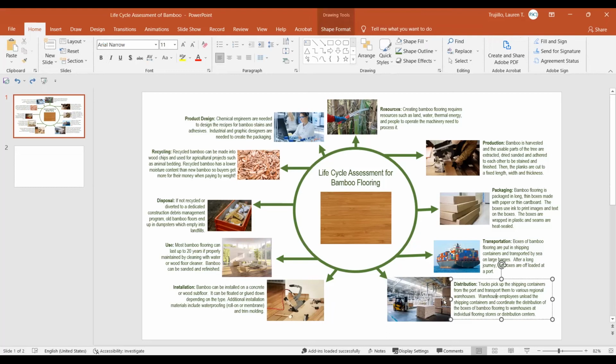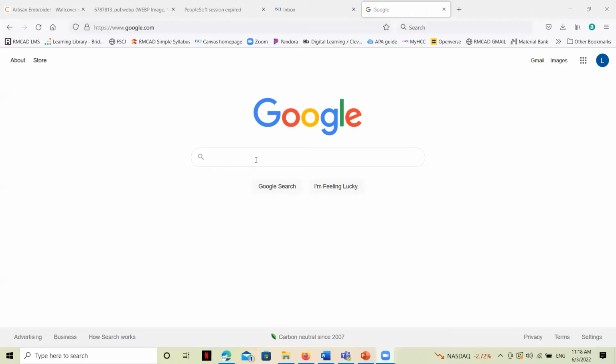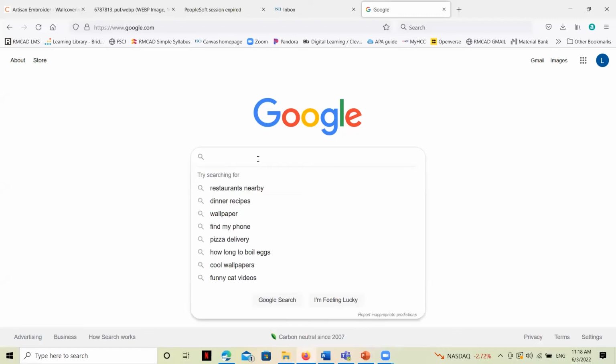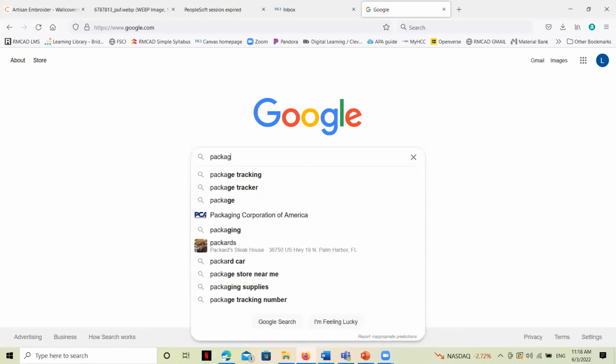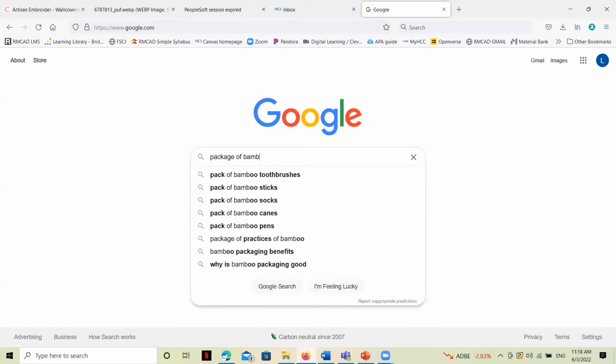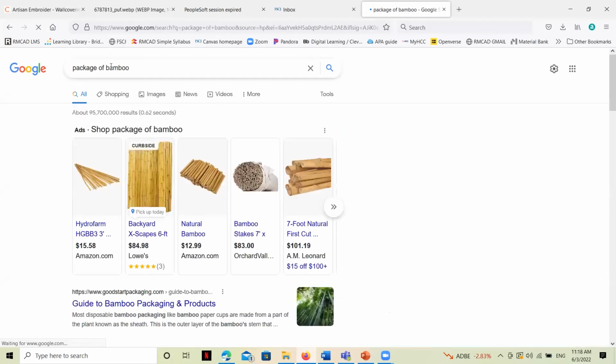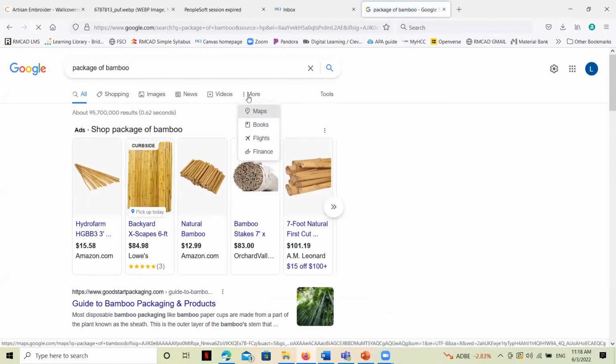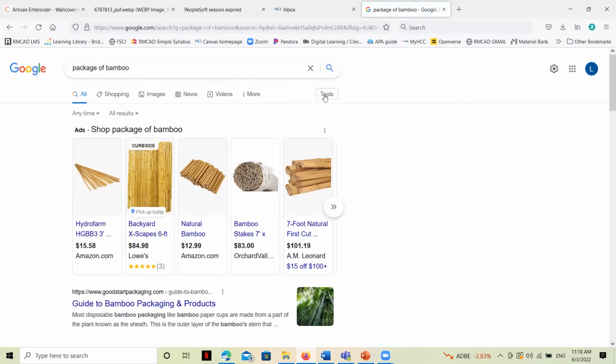So let's go ahead now and do a quick image search here. I'm going to go ahead and pause for just one moment. You can see here that I can search for package of bamboo flooring or maybe wood flooring, let's say. Once I have my initial Google search set, I can use a couple more of these other tools here.